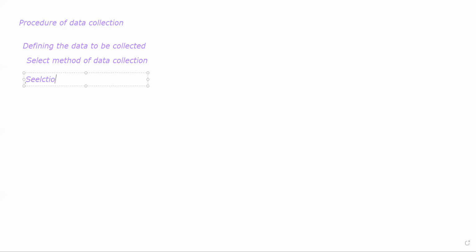selecting or developing data collection tools. What does this mean? Let's suppose you have already defined that, okay, I'll be doing a quantitative study on psychiatric patients.